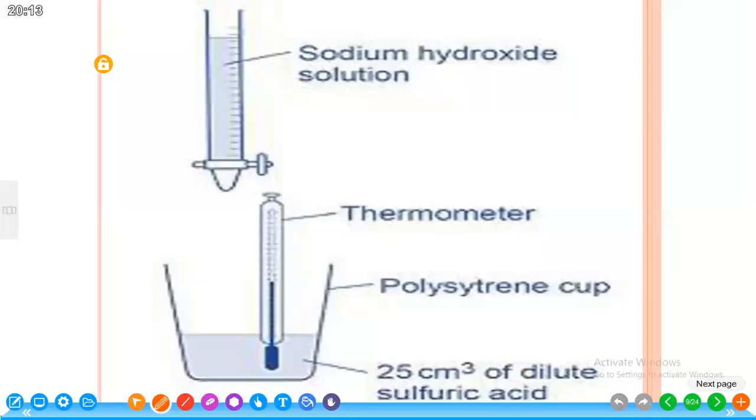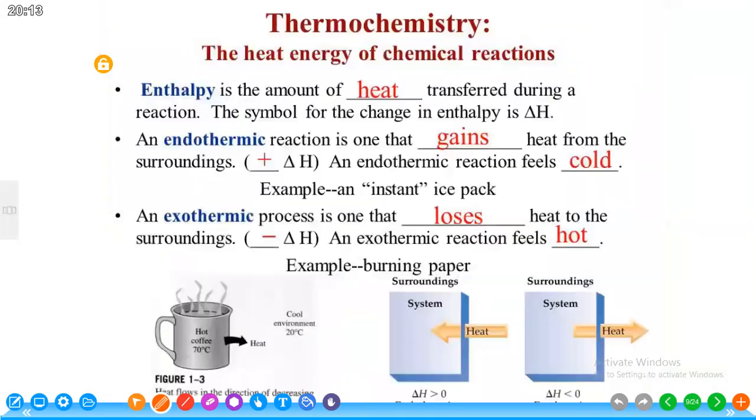And this is in the laboratory. We used the sodium hydroxide solution and added it into the dilute sulfuric acid. At that moment we used the thermometer and took a reading from it, and the reading gradually became a lower value. So we think that is also an endothermic reaction. And next one, thermochemistry: endothermic and exothermic reactions.